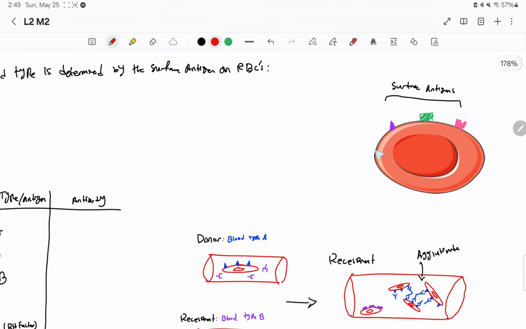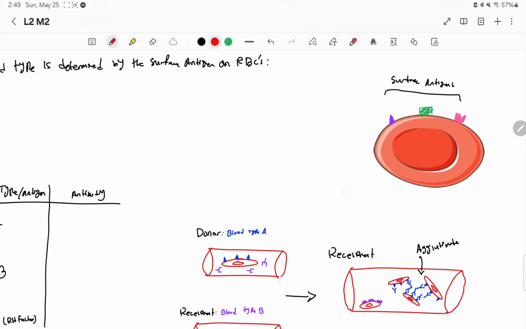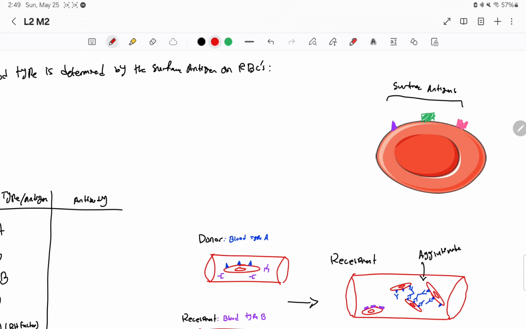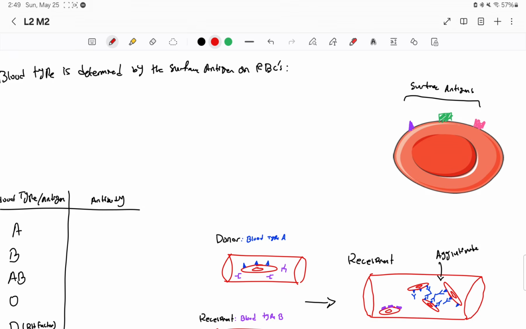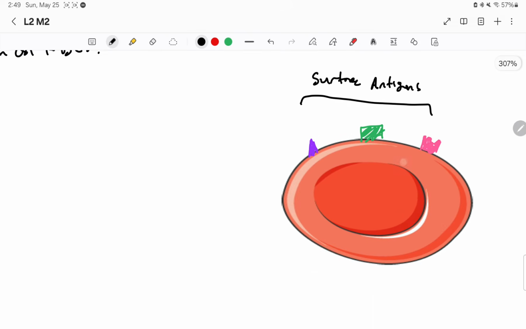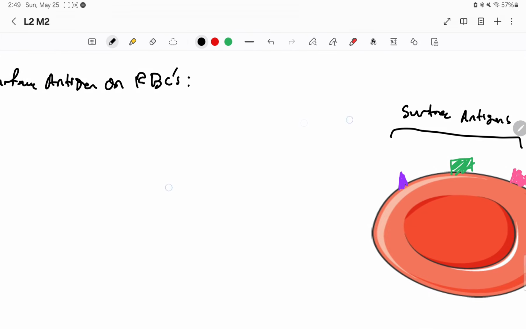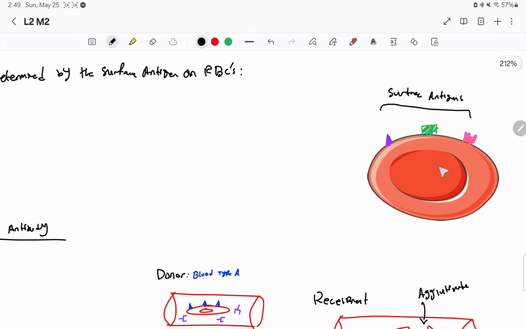Even organ transplants. That's why sometimes they don't last long, because they have to match exactly the antigens on the surface of our own organs. All right, so that has to be gotten out of the way. That's really important. Now, there are different systems that classify what kind of proteins or antigens we have on the surface of red blood cells. There are many systems. In this video, we're only going to talk about the most common and well-known, such as